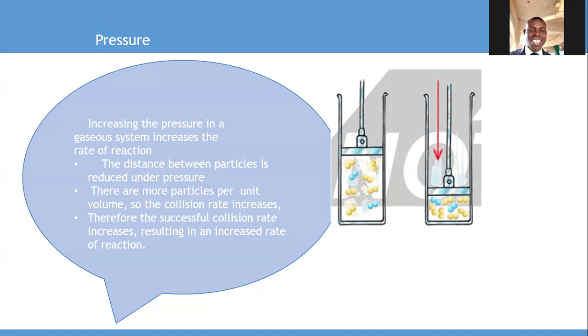Particles collide more frequently, and the particles collide with EA or more than EA for successful collision. And there will be more successful collisions, therefore the rate of reaction will be faster. But at lower pressure, the particles are far apart and they will collide